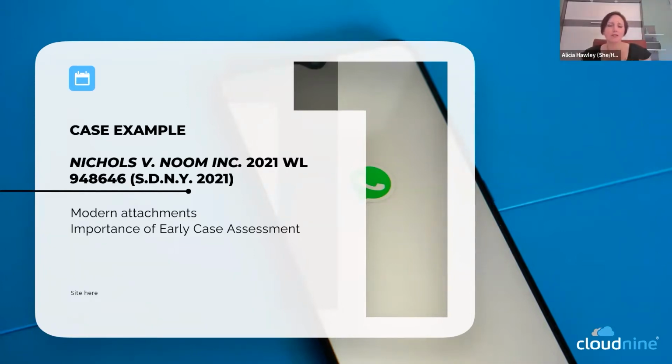So I'll give a really high level overview because I'm sure most people are familiar with this case by now, because a lot of people are talking about it. But in the Noom case, it deals with, I think, four main themes. First is proportionality. Second is the process of collecting data. Third is the format of the data itself and what categories of documents certain types of data would fall into. And then the last is deference to protocols, or what the content of a protocol is.